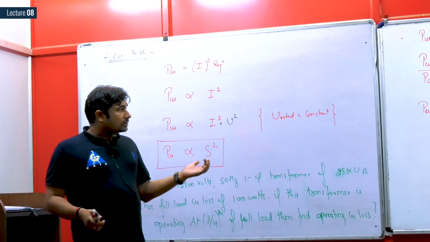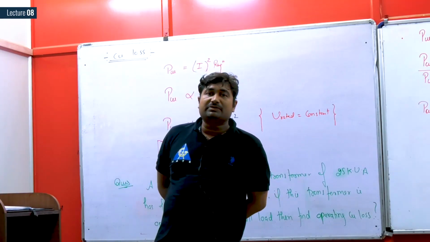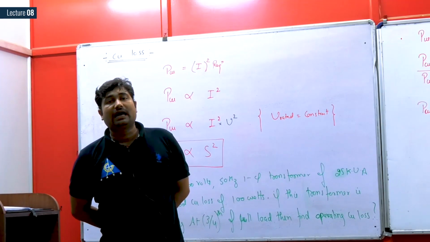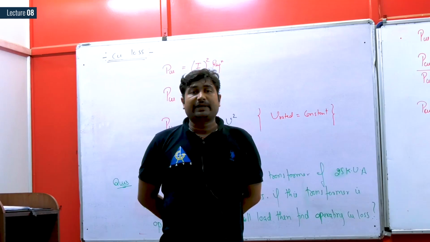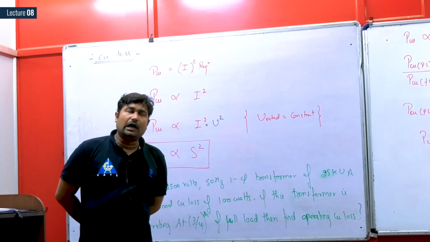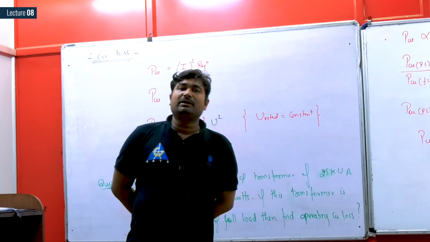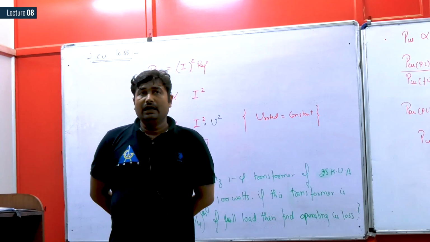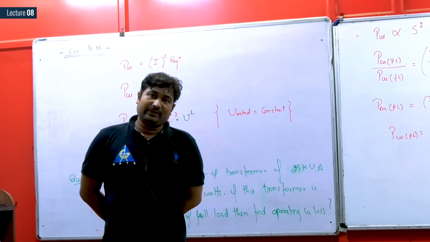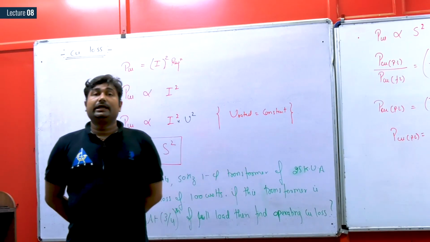This is important because, mainly, we study two types of transformers on our transmission line, that is power transformers and distribution transformers, and both the constructions are slightly different, mainly in respect of operating conditions. Power transformers can be operated on full load, so that maximum power will be handled for which they are made. However, we can't operate a distribution transformer at rated load. It means full load.